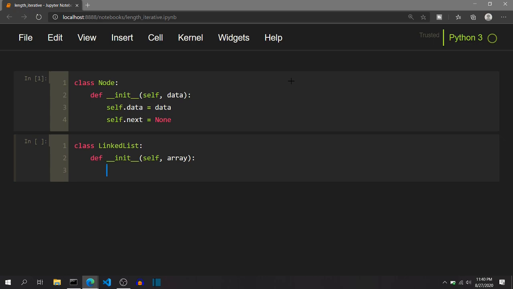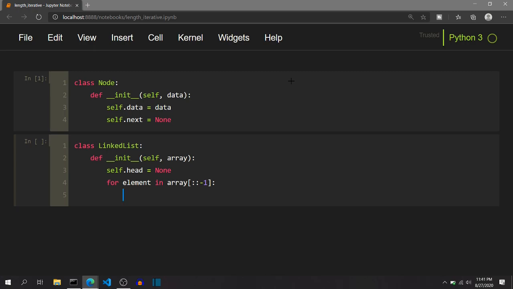As we have already covered how to insert nodes in the linked list before, in this code I will insert data inside the linked list in the constructor itself. So initially I will set self.head to None, and I will iterate over all elements in the array, and inside this for loop we will be inserting nodes at the beginning of the linked list. To maintain the order of the data passed in the array, we need to traverse the array in reverse like this. This slice operator indicates that we are traversing the array in reverse order.